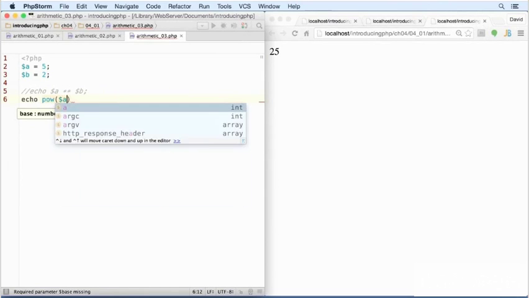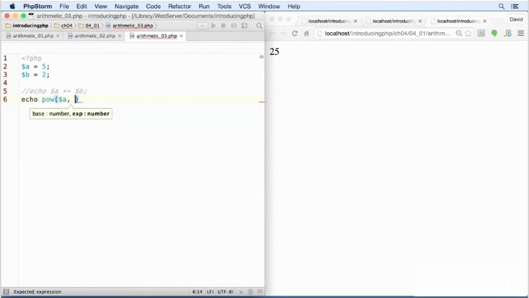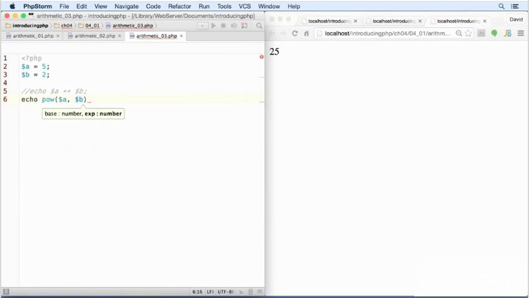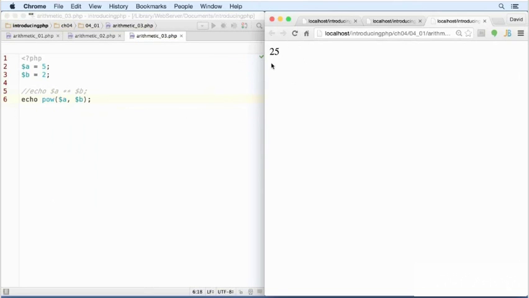The first one is a, that's the value that you want to raise, and the second one is the value by which you want to raise it, the power by which you want to raise it. If we save that and reload the page in the browser, it gives us exactly the same result. So using pow in older versions of PHP will do the same as using the exponentiation operator in PHP 5.6